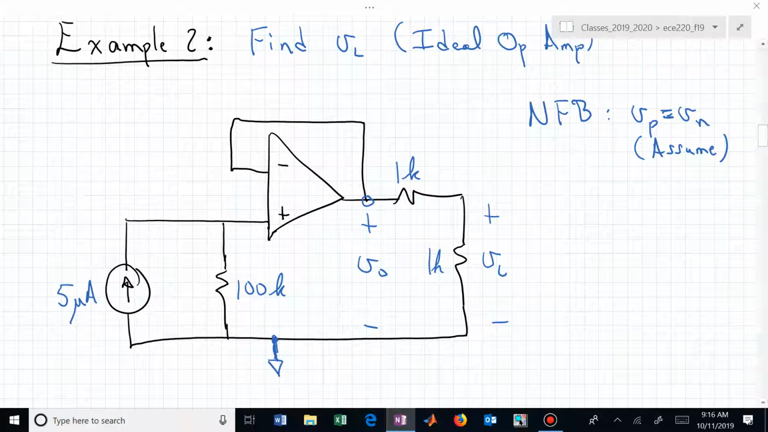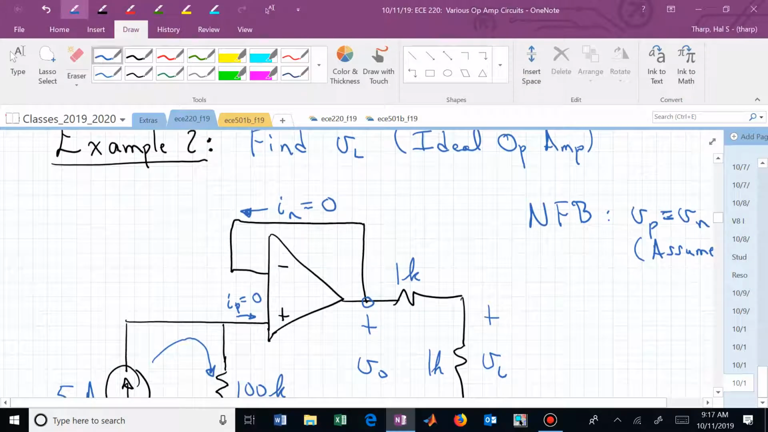Do we know anything about this? That's 0, if it really matters. But that kind of gets us thinking, maybe. What's this? That's 0. Which now allows us to say that all of that current, that 5 microamps, is going through that 100K, and that will now allow us to find